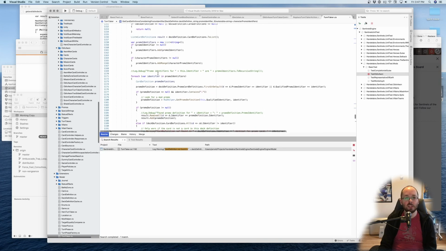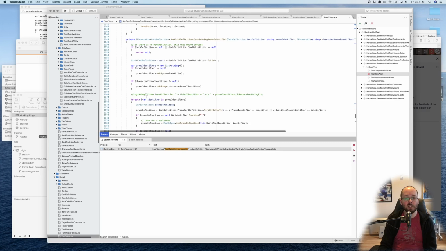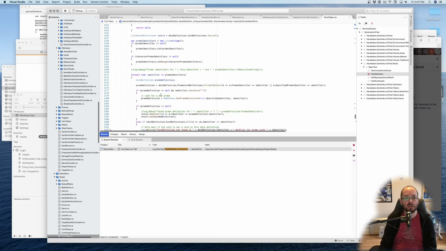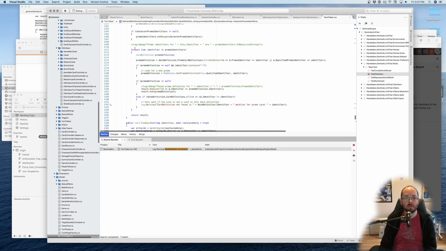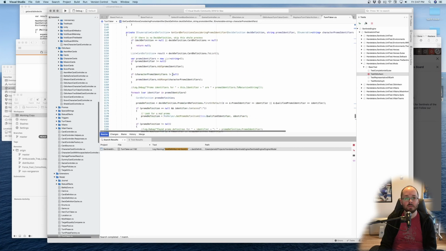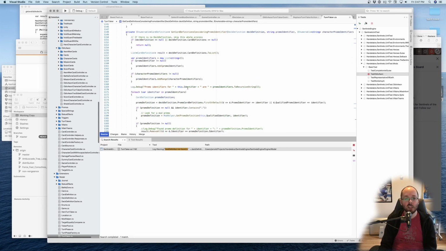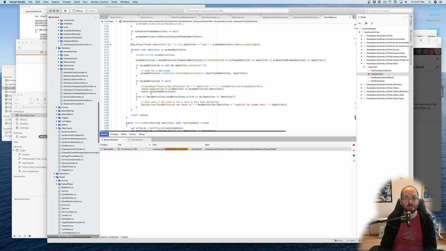Problem is when you turn this log on, then when you break here, that breaks too soon. Sometimes logging is easier, but